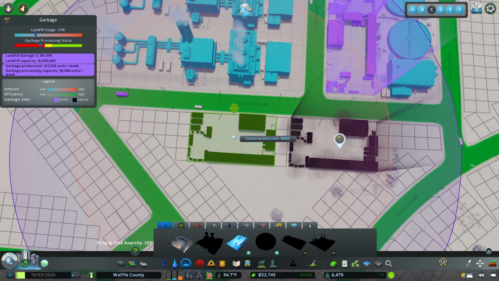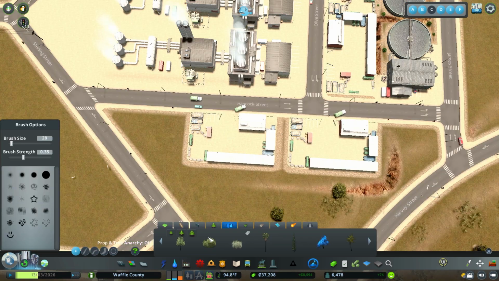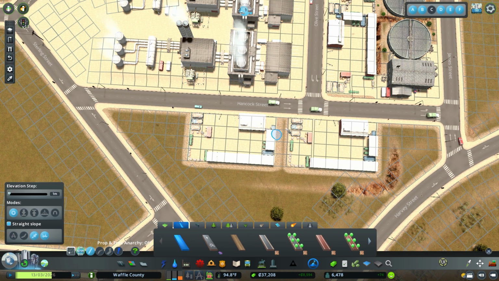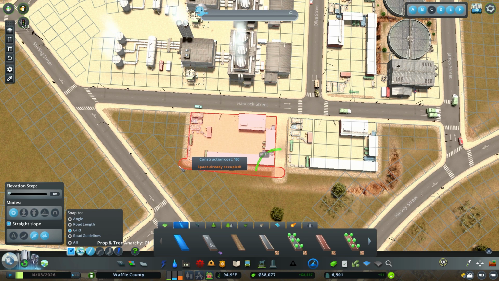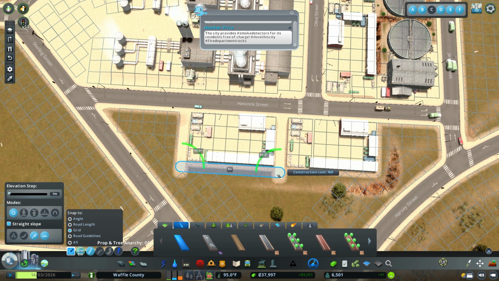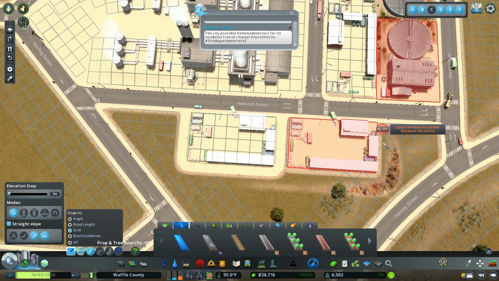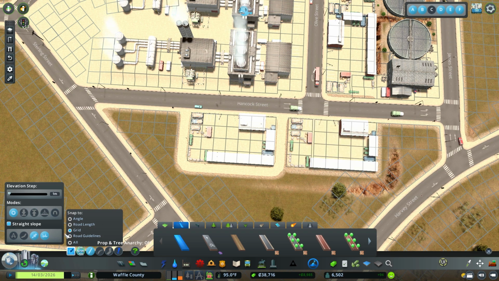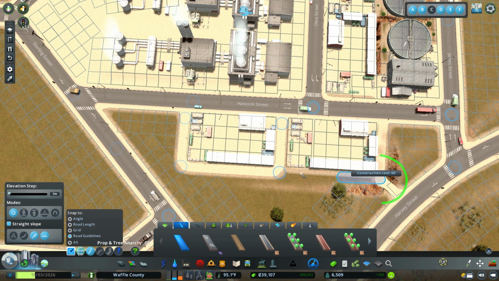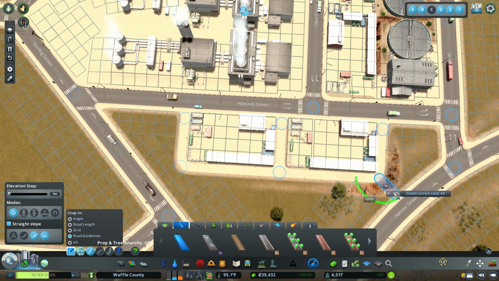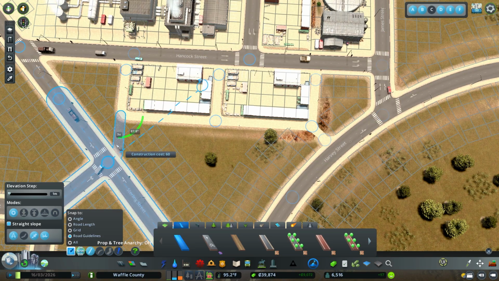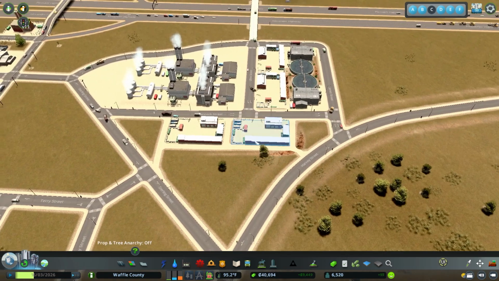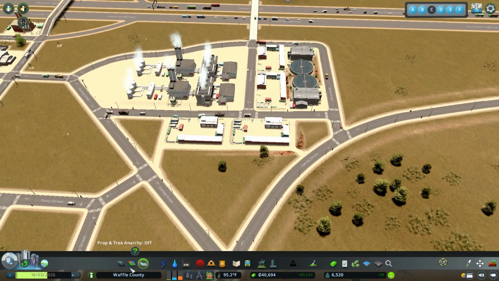We're gonna place 2. And just like we did over in the other section of the city, we are gonna put a little path around them. Not because we need it, but because why not? Let's put this from here to here. Turn that off. Let's do road guidelines because I should be able to connect. Yes, just like that, which is great. This can connect over. This here can connect straight on up. We'll throw on anarchy. Eventually, I'm sure those connections will be worth something. For now, though,